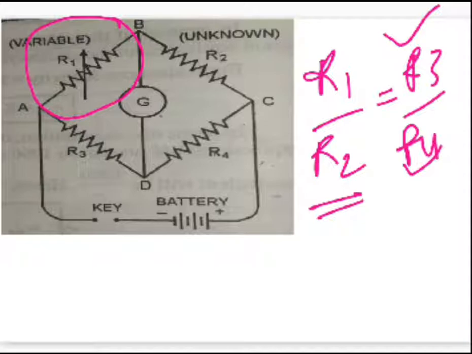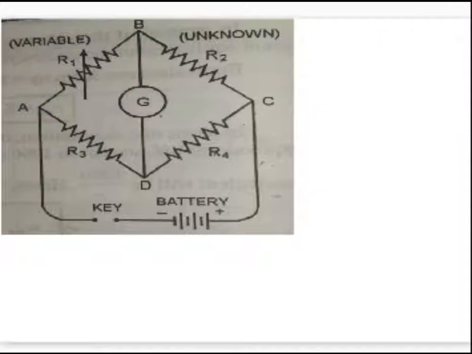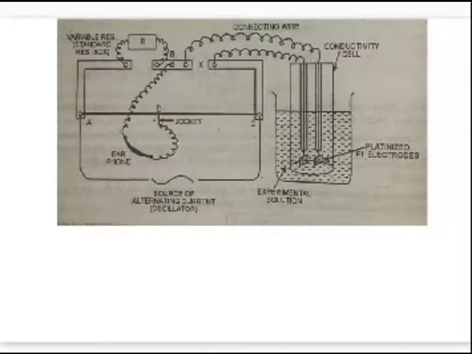So you are in a position to calculate the value of R2. However, there is a different concept when we want to find the resistance of the solution of an electrolyte. Let us see how you can work that out. For finding the resistance of a solution of an electrolyte, a special type of cell has to be used such that the solution is present between the two electrodes, and that cell is called a conductivity cell.